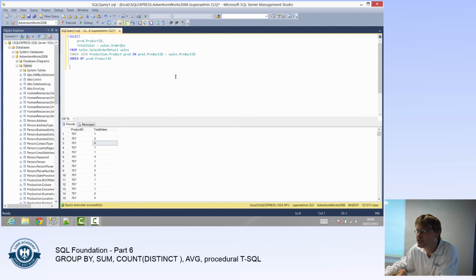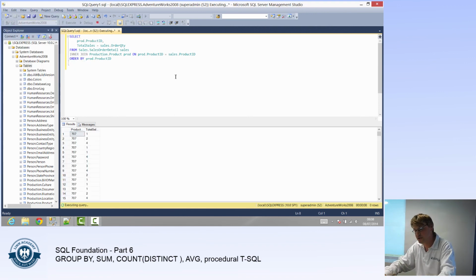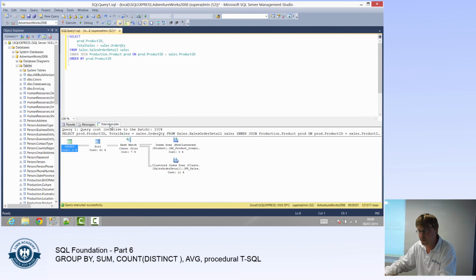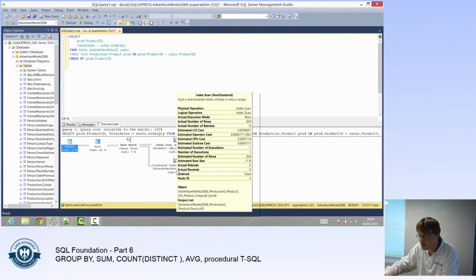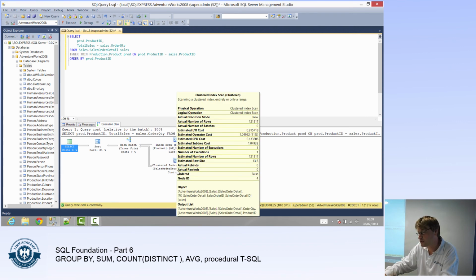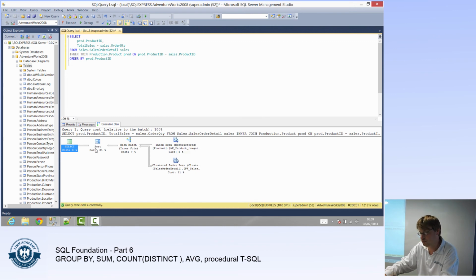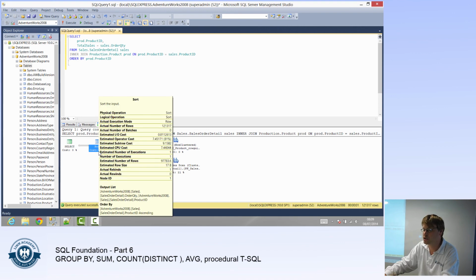so we're going to include the execution plan into this, so we can see what's actually happening. Right? So it's pretty simple. Last index on the product table, then merge to a sales order, and that's it. Give us some result. Do some sorting. Most of the work is actually involved in sorting things,